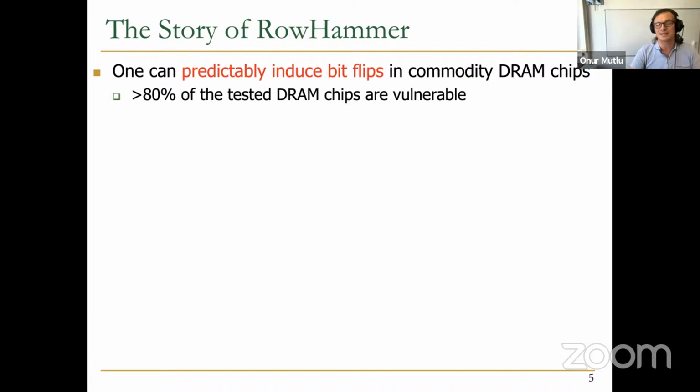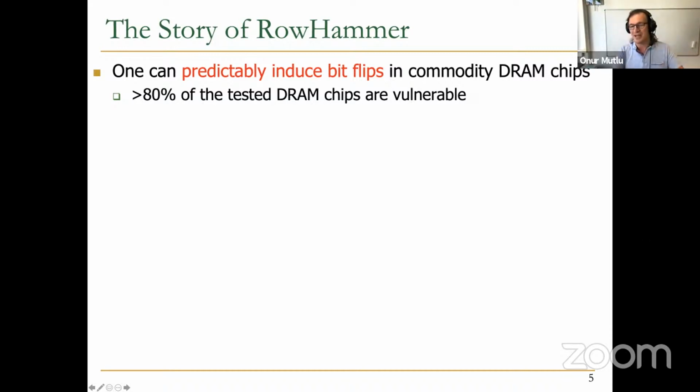And when we did the studies for the first time in 2012 or so, we found that more than 80% of the tested DRAM chips were vulnerable to this problem. Basically, you can predictably induce bit flips. And first of all, inducing bit flips is bad, but predictably doing it leads to security problems because an attacker can now figure out how to induce these bit flips at the right time, in the right place, and take